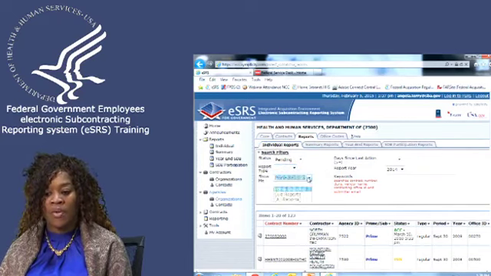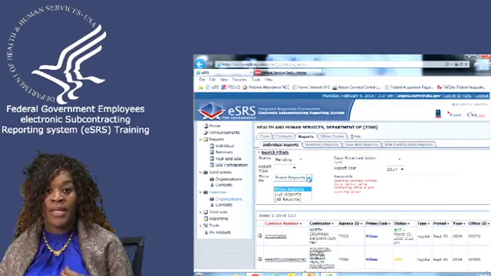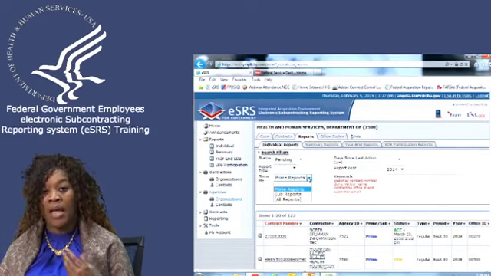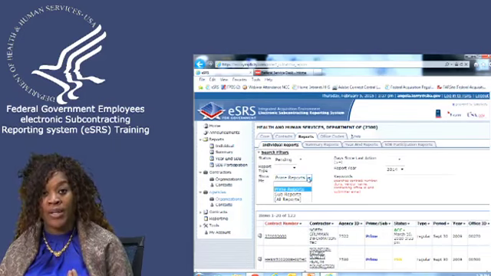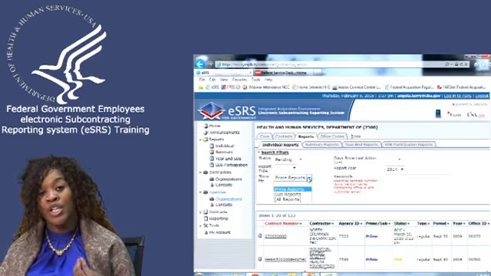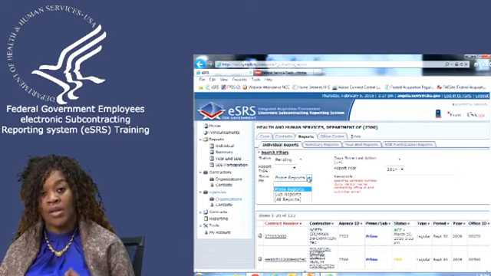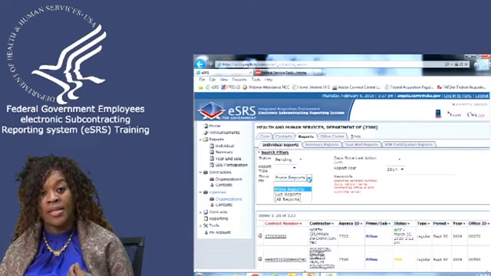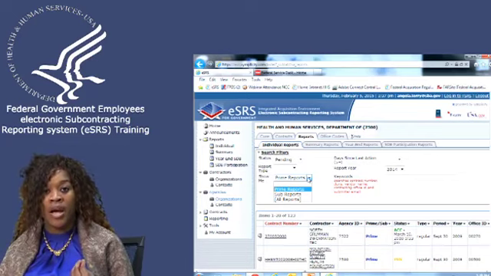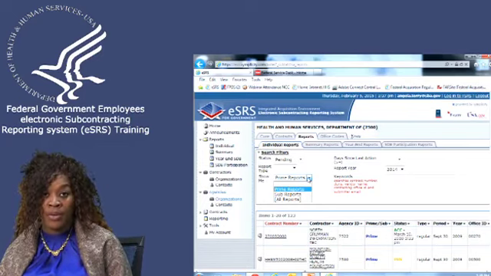If you want to see the prime reports or the sub reports, prime reports are reports that have been supplied by your prime contractor. Sub reports would be the subcontractors of your prime report. As you are aware, we have a flow down clause in their prime report that states the prime contractor or the higher tier subcontractor is responsible for reviewing the data on a subcontract report of their lower tier subcontractors.